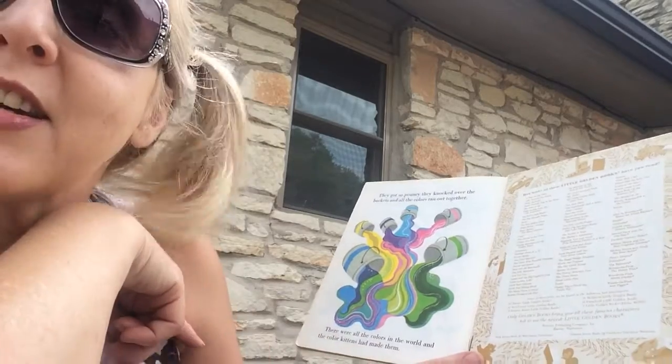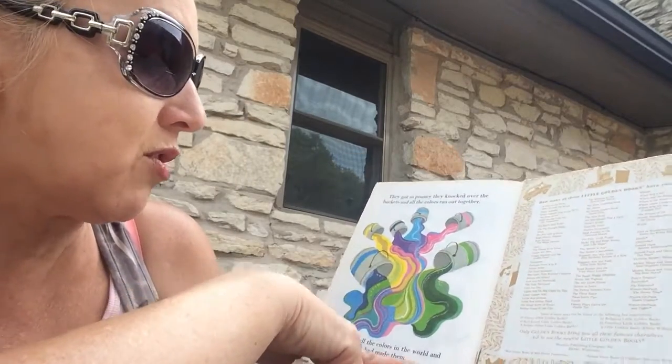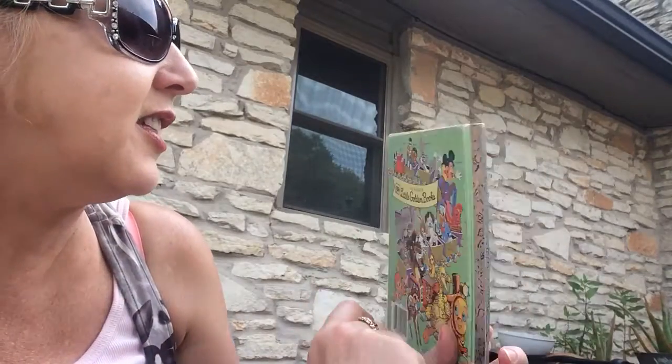And the color kittens had made all these colors. Now they could paint everything in the world. The end